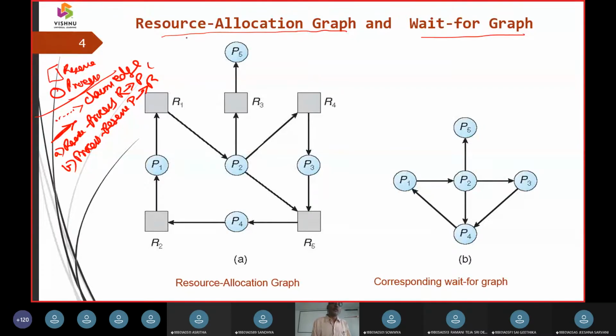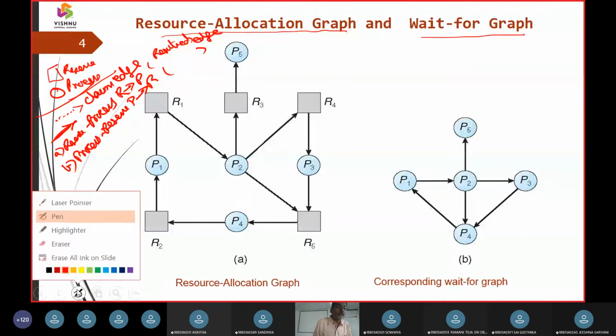The one from process to resource we are going to call a requesting edge. And the one from resource to process we are going to call an allocation edge.